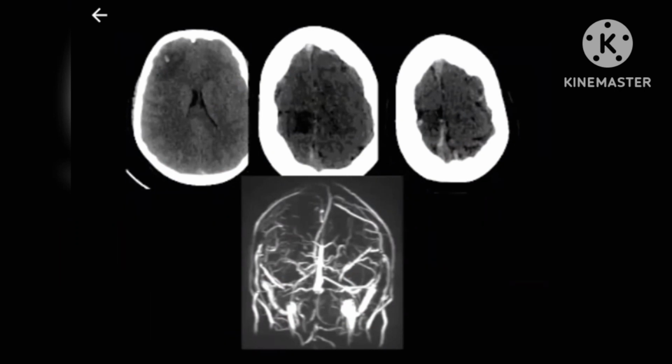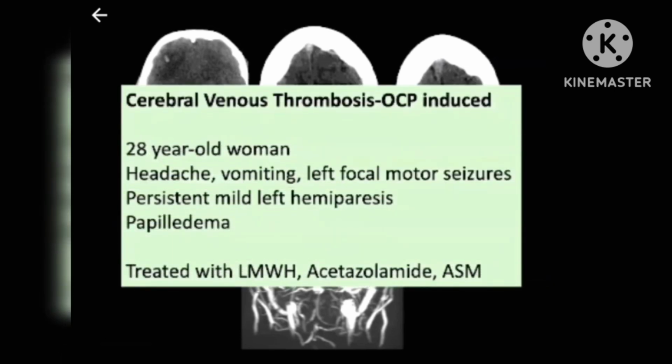There's another way. Sometimes in the same postpartum period, you get what is called cortical sinus venous thrombosis, and that could produce an acute symptomatic seizure. And here you see a 28-year-old woman who had a headache, vomiting, left focal seizures, mild left hemiparesis, and papilledema. Here the treatment is anti-seizure medicines, but also heparin, low molecular weight heparin, and acetazolamide to reduce the CSF pressure. So the seizure is the same type, but the management is completely